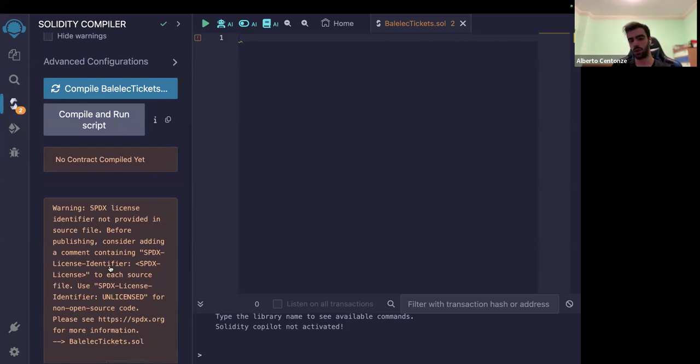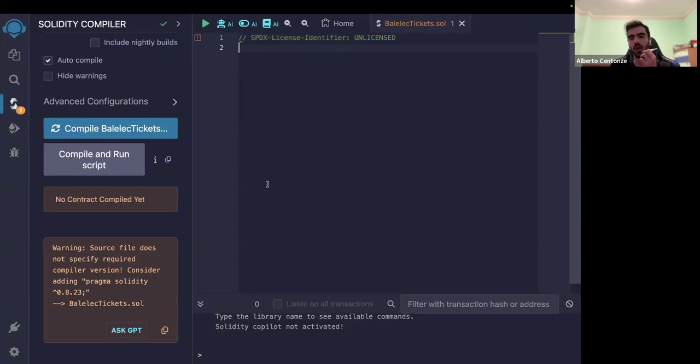The first one is telling you, hey, you forgot to put a license identifier. Why in the world do we need to put a license in code? Why is it so important that the compiler complains about this? In Java you don't have this, in Python you don't have this. Whether you use MIT or literally anything will do the job, even unlicensed. The reason it's so important is that on the blockchain, everything is open source by default, which means if someone copies your code, you have no way to prevent it.